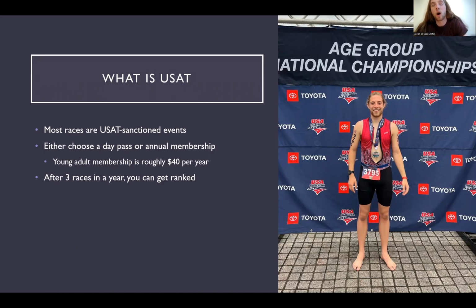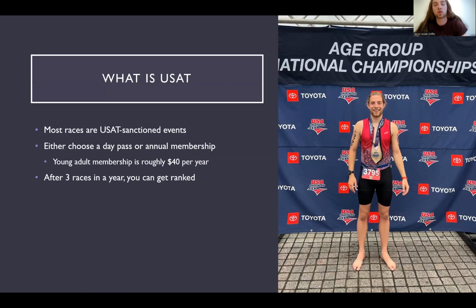So there's two ways to qualify for nationals. One is you compete in three races and have a high enough ranking. There's a bunch on the USAT website on this. If you're in a high enough ranking, which is like the top 20 or 30% of the people that are ranked, then you qualify, or you can just do good enough in one race and qualify. But specifically for ranking, you have to do three races to get an official ranking.